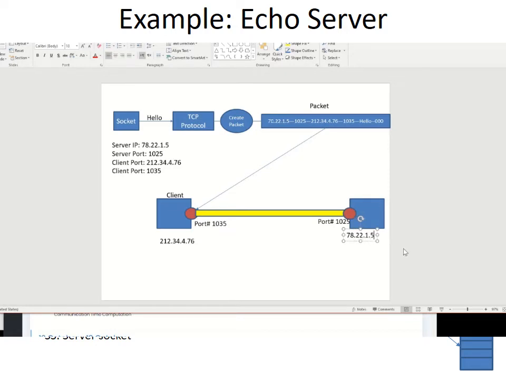Okay, so now what happens is that for this packet to go into the line now, which means to leave the port,